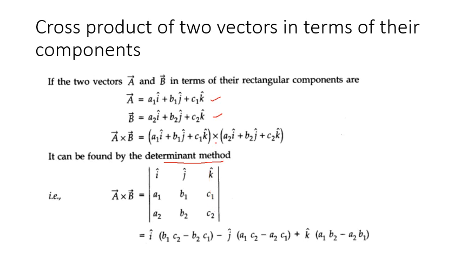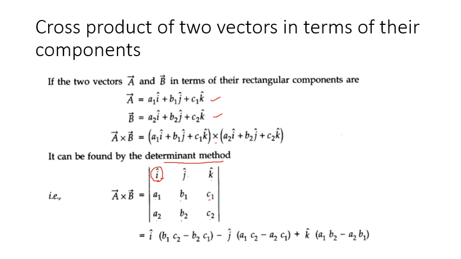Right, so in the first row we have the three unit vectors I, J and K, and look at the second row, that is the components of the A vector, A1, B1 and C1. And in the third row you have the components of the B vector, that is A2, B2 and C2. How to take a determinant? Very simple. You have to simplify this 3 by 3 matrix, students. So just watch this video carefully.